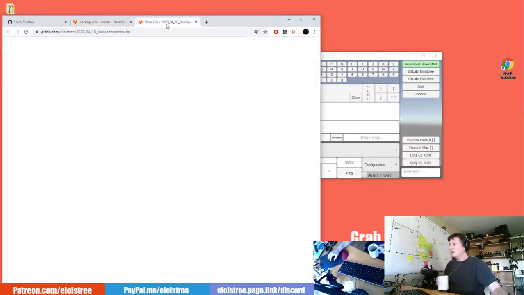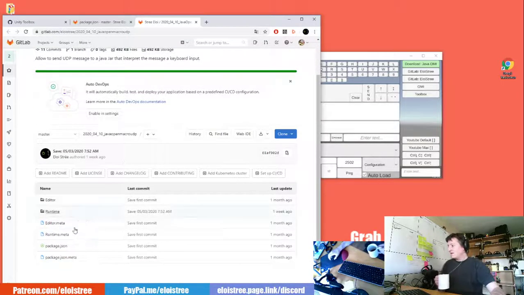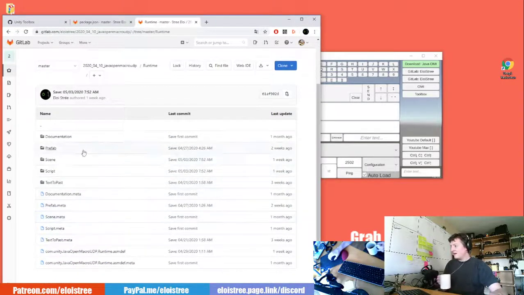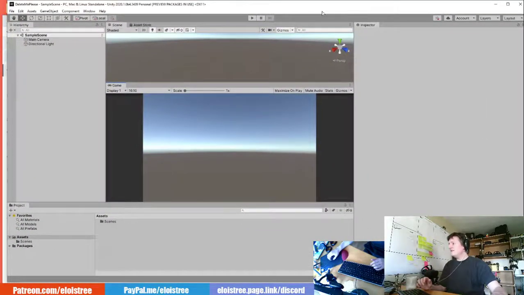So basically, you should just download one link, but here, as it's not ready, you have to download 2. And so as you can see, I have a second package here. And in this package, in runtime, you have the classic Unity code and Unity assets and demo, etc. So you are not downloading a Unity project, you are downloading a small piece of code that you can use in your Unity project.